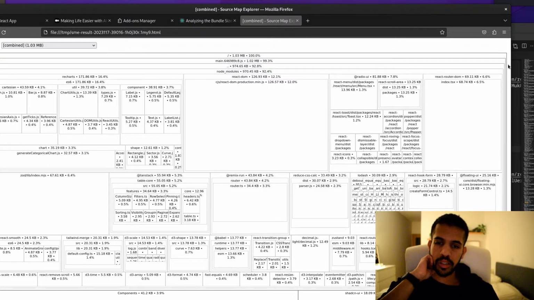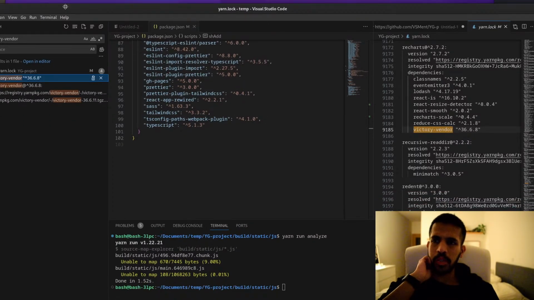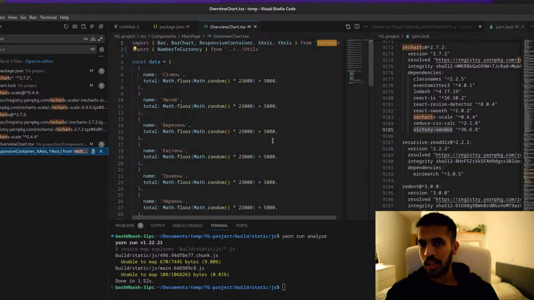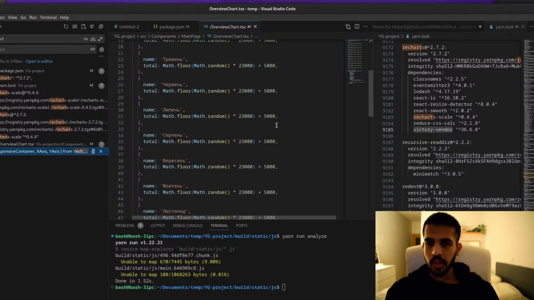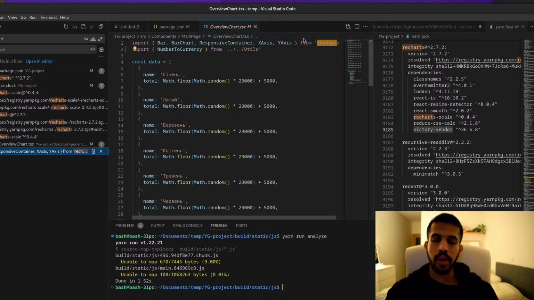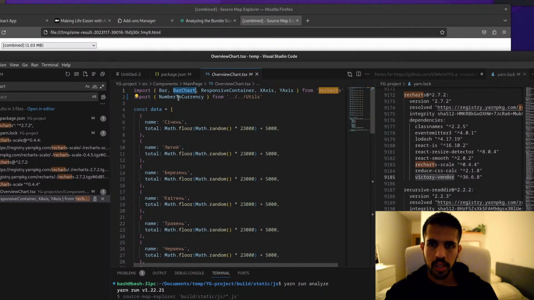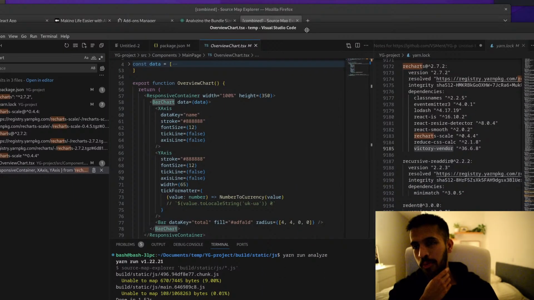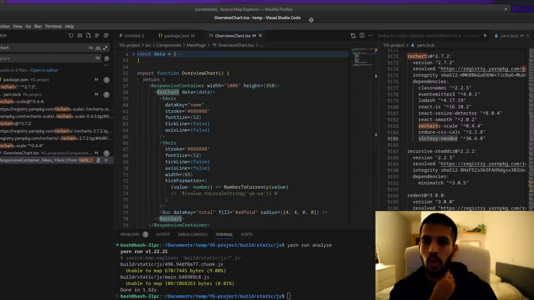Okay, so it seems like the biggest part of this JavaScript bundle is just the charts, the Recharts. And if I'm not mistaken, I only saw a single chart in there. Yes, and there's only a single chart. So all of this, about 500, 400 kilobytes worth, is coming just because of, I think, a single chart, or maybe a bit more. No, but I see only bar charts. So yeah, a single bar chart, and that's generating this much. So might be worth looking into a library that does only bar charts.